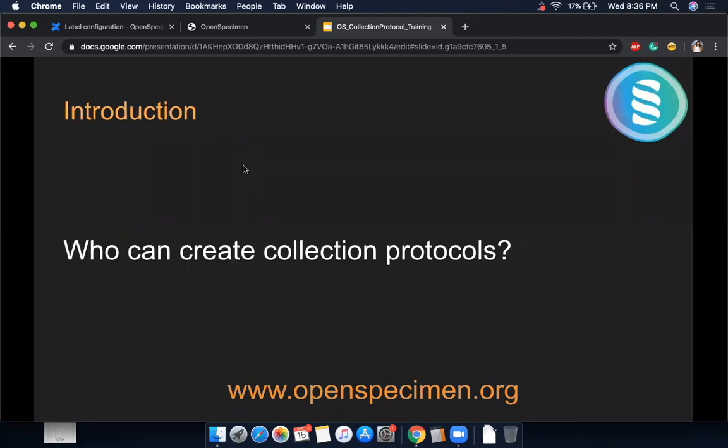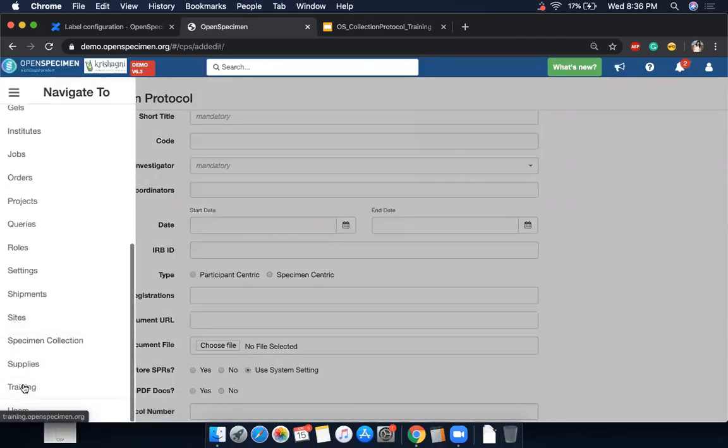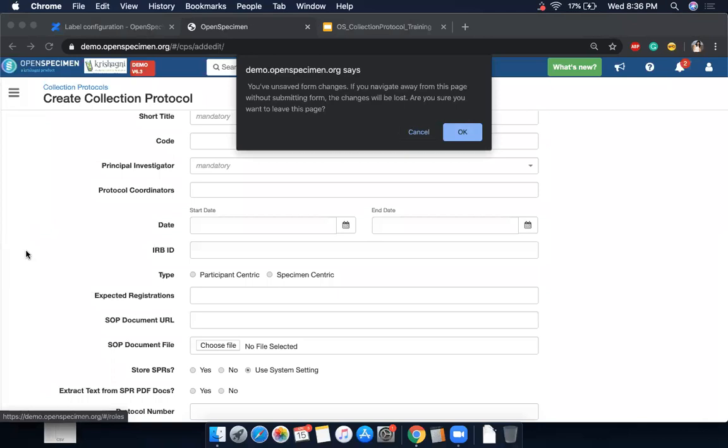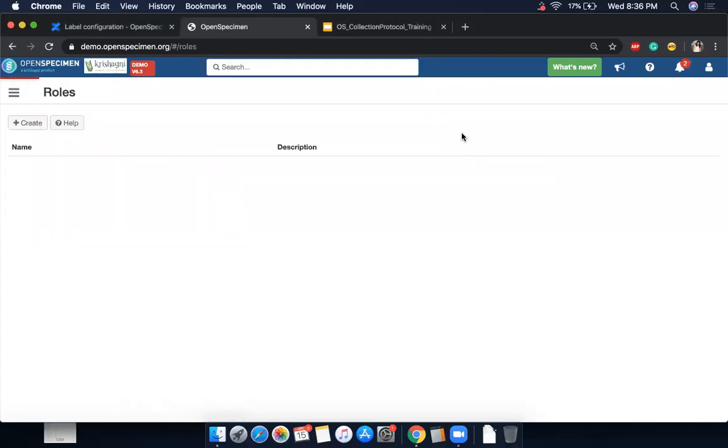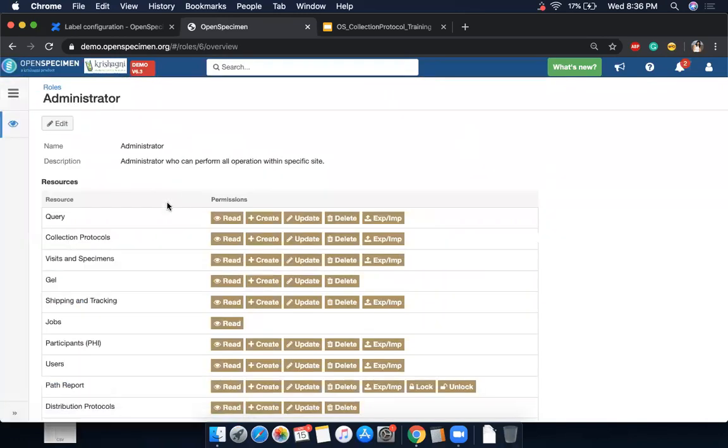So after the introduction, before I create a protocol, I'll let you know who can create a collection protocol. So let's go to the roles for this. By default, of course, super admin and institution admin can create collection protocols. But other than that, the site administrator also can create collection protocols.